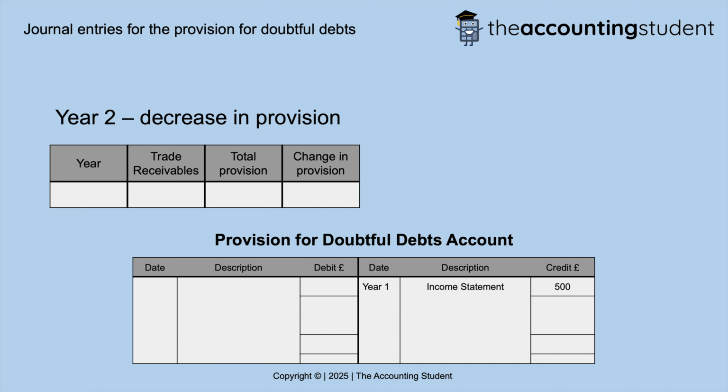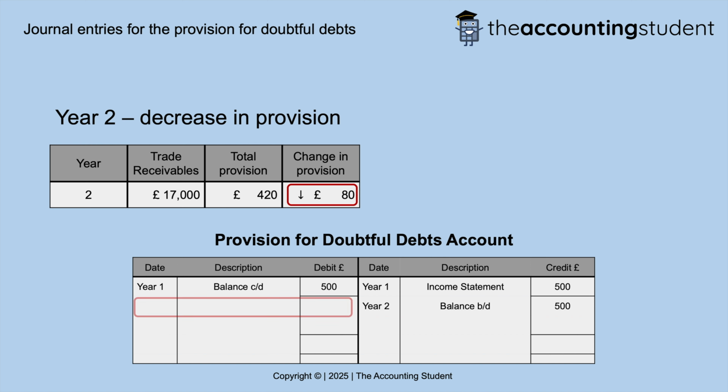In year 2, there was a decrease in the provision. The business had trade receivables of £17,000 and a total provision of £420. The change in provision from year 1 to year 2 has gone from £500 to £420, meaning that there's a decrease of £80. So we would carry down the £500 from year 1 into the opening balance of year 2, the change in provision of £80 from the decrease is then entered on the debit side of the provision